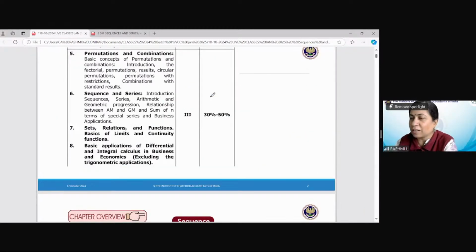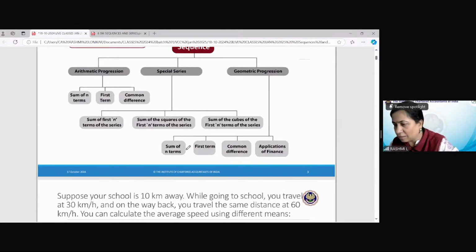So, as told last time, permutation, combination, sequences, and series, sets, and differential integration will together constitute part 3. And in that, 30 to 50% marks are for those chapters. And what we are going to study in this is about